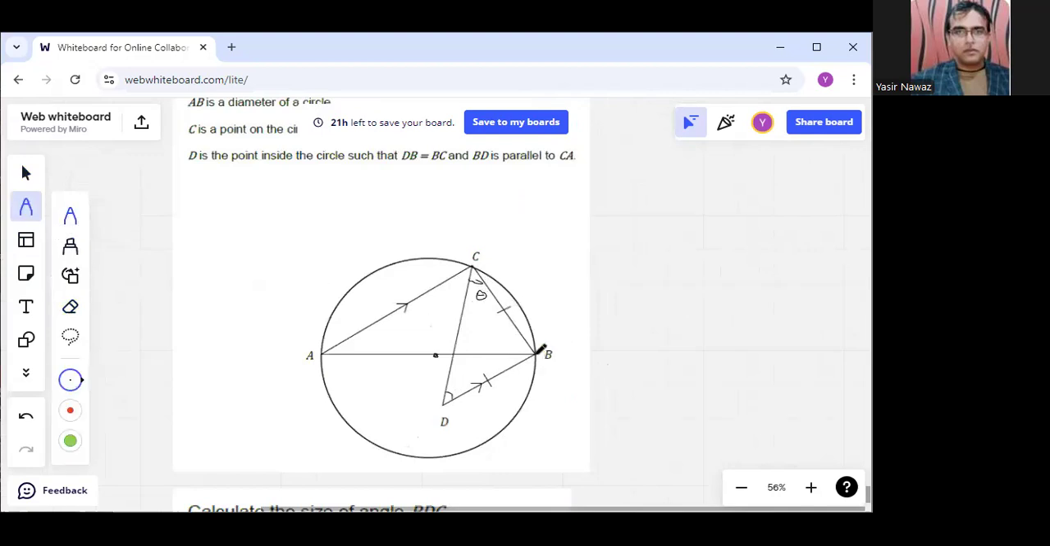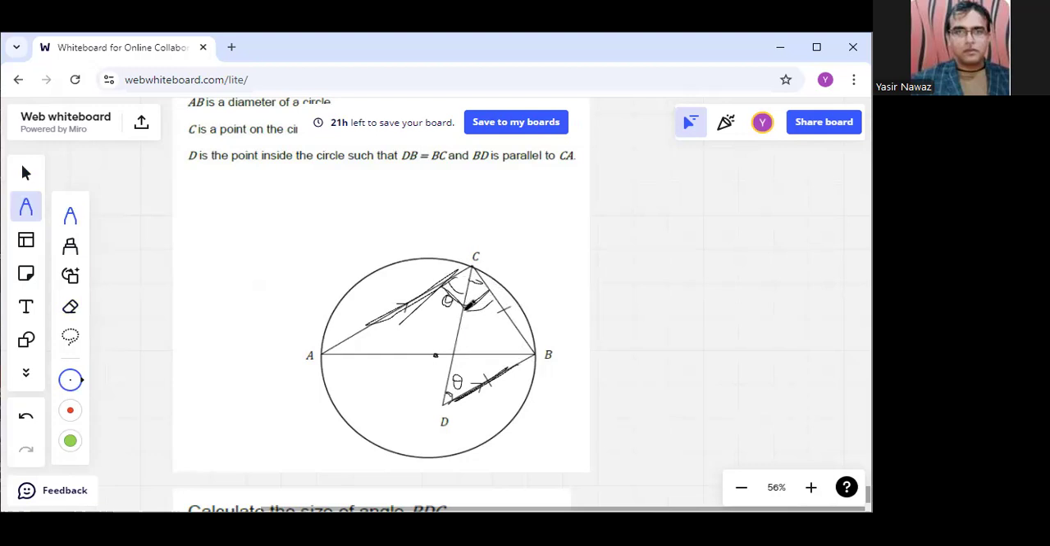Look at this: because this is a diameter, the triangle forms a 90-degree angle here. So this angle would be 90. The total angle is 90. Also, if this angle is theta, because this line and this line are parallel, this would also be theta. And because the total angle is 90,